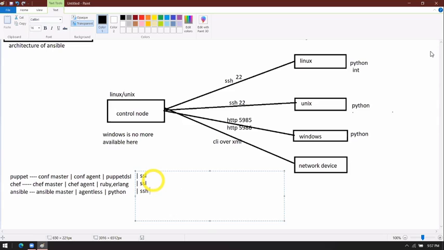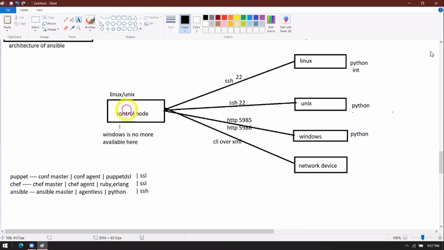But in Puppet, you need to install OpenSSL packages. After that, you need to configure the certificates. You need to create the keys. You need to put all those certificates in the PKI folder. There is a lot of configuration you need to perform when you are going to configure the environment of your Puppet and Chef. So that is the major difference between Puppet, Chef, and Ansible. After that,